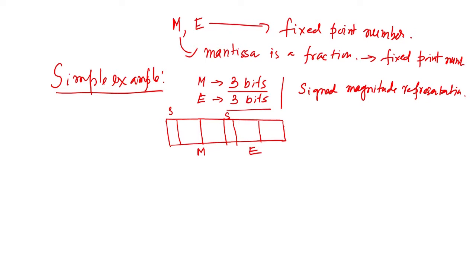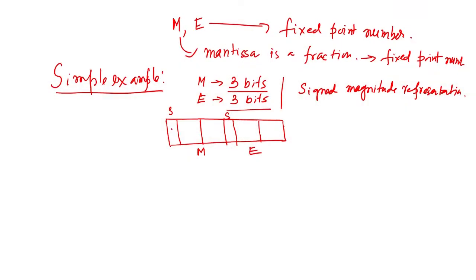Now we will see what complexities there are in representing a floating point number using only 3 bits, and finally we will see what the standard for representing floating point numbers is. So this may have 0 1. Similarly, this can have 0 1; obviously all will have 0 and 1 only.